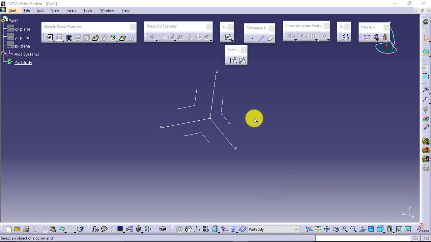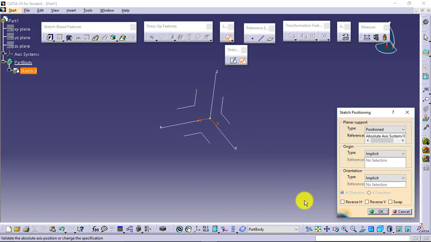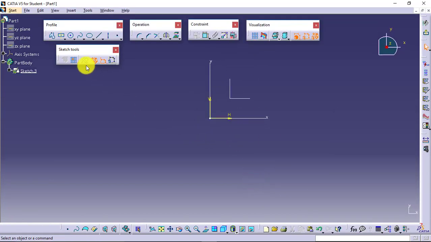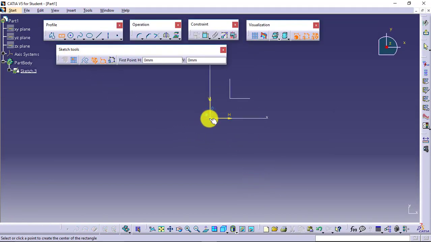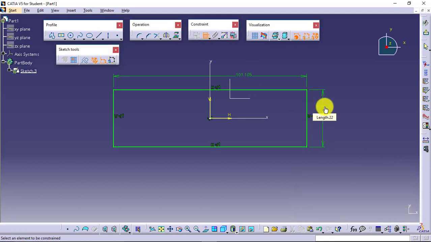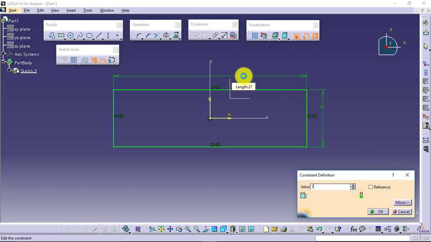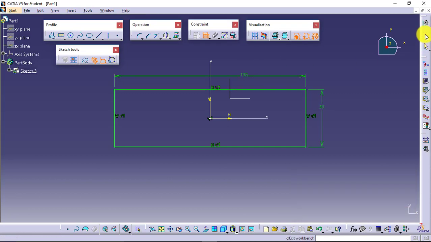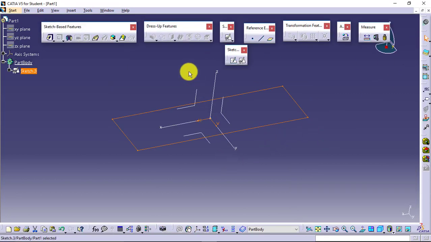So first I will just create a sketch. I will be just creating a base. I'll go for position sketch and select a plane, and say like this. I'm creating one sketch. I'll make this sketch fully constrained by means of geometrical as well as dimensional constraints required, like this, and I'll say okay, exit. I have the sketch available.